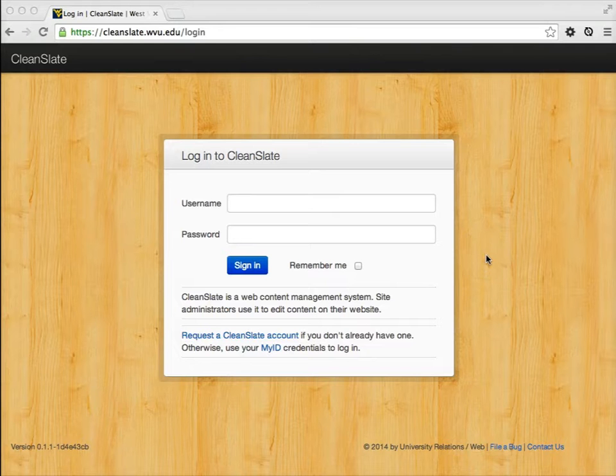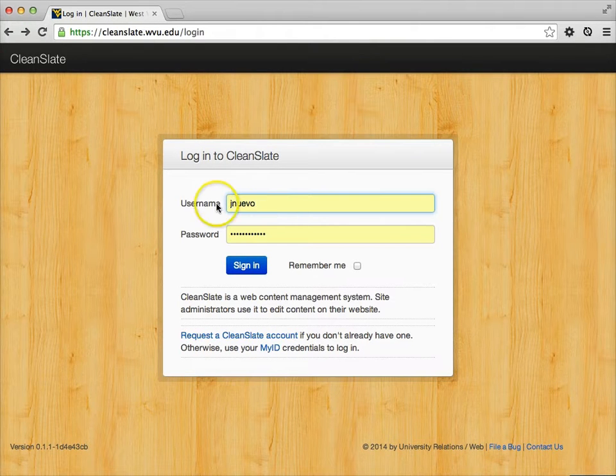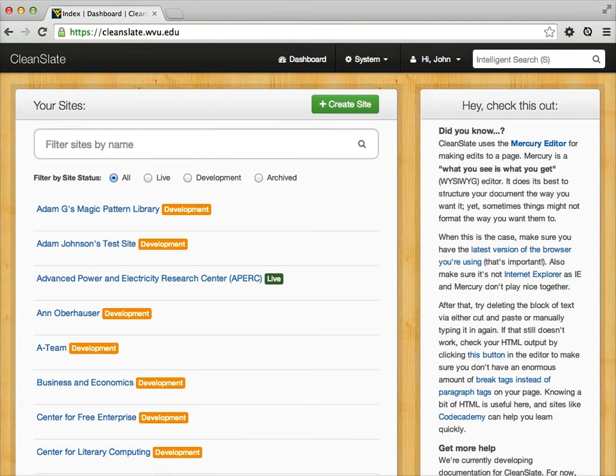Alright, this is the basic introduction to CleanSlate. So let's just go ahead and log into CleanSlate. So the first page we come to is the dashboard, and the main section to take note of here is